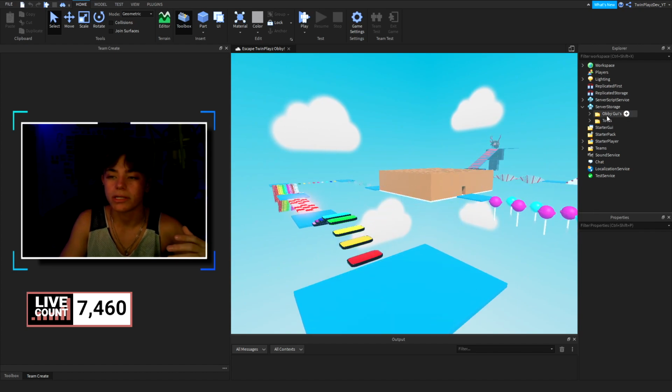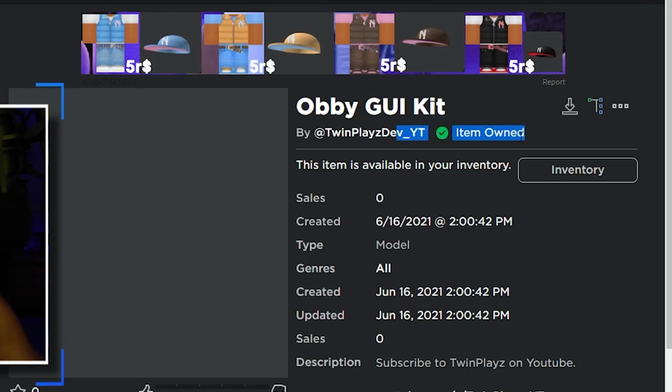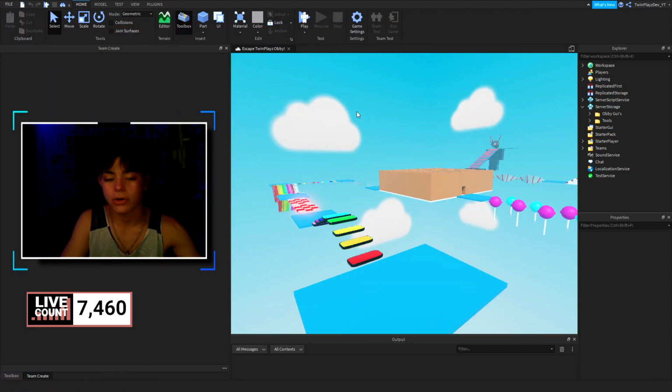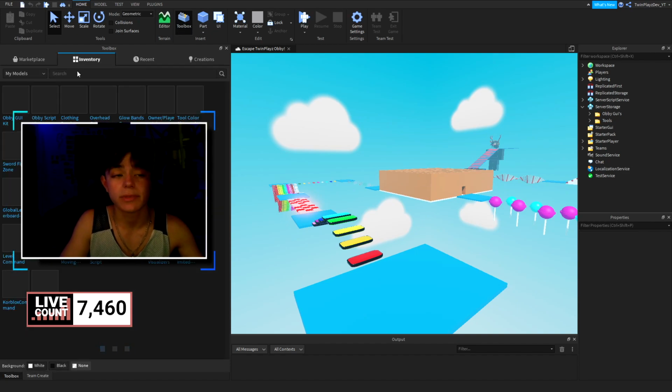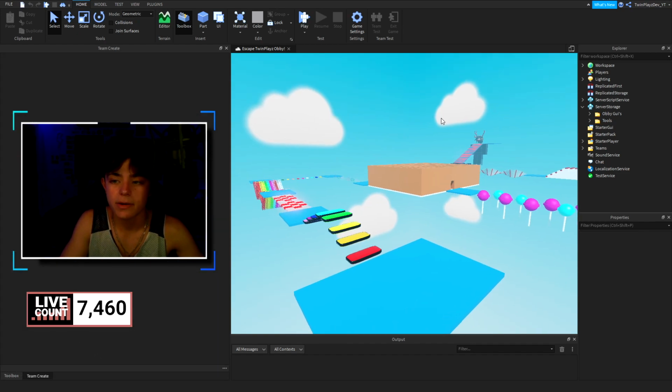What you're going to do is go into the description and claim this. You look for the models part, and you're going to be claiming this kit right here. You're going to click this right here, and it should say item owned. So you should have it, and you should be able to import this into Roblox Studio. So you're going to go to your models, so toolbox over here, open toolbox, go to inventory, and then you're actually going to be going to the first one right here. So that's pretty simple. And then you're going to be loading it in.